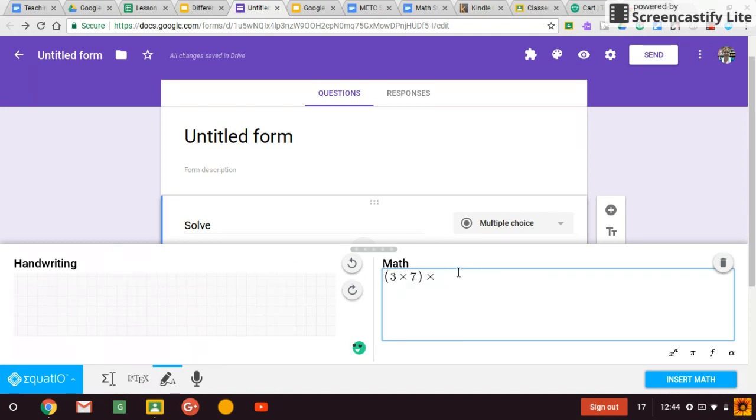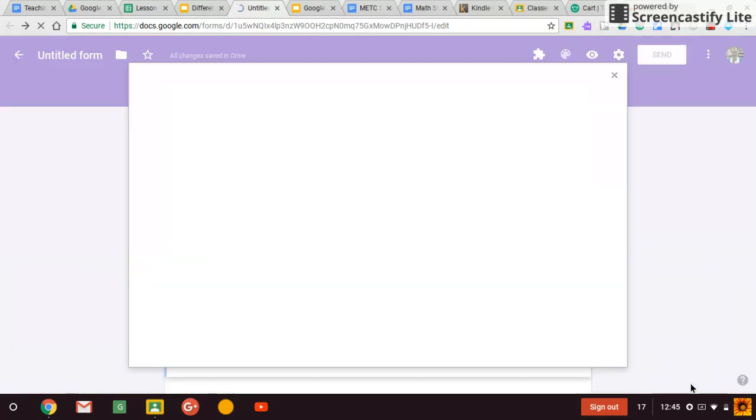It's recognizing what I'm putting over here. 3 times 7 times 10. See if it keeps going. It did. To the third power. We're working on powers, or I'm making some plans for those coming up in the first couple weeks of school. So there, from what I hand wrote, it figured that all out, and now I can insert that math equation